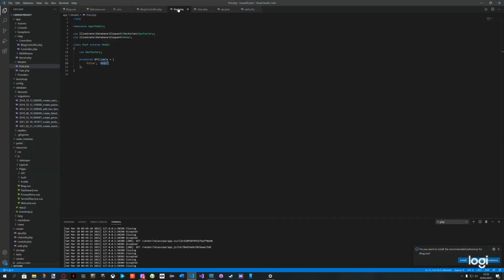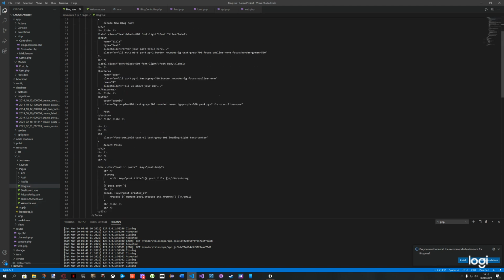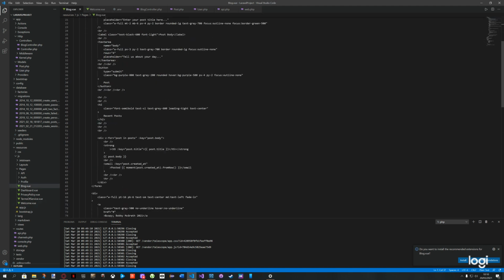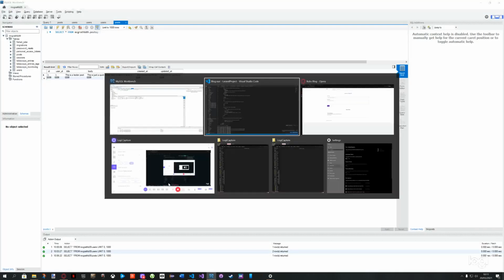And then, if we pop back into our blog, we have a list of recent posts just here. What the recent posts does is it uses a for loop, looking for individual posts in the post database, and the key here is the post body, so that's the main key to this entire structure. So if we go back to